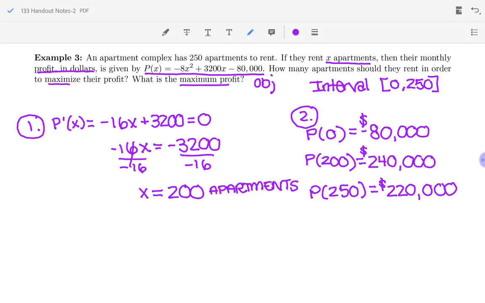So just because they rent out more apartments doesn't mean they make more profit. They would have more revenue, which is how much money you're taking in, but your profit is your revenue minus the cost. So there must be some additional cost that's making it really not worth it. Maybe it puts them in a different tax bracket, so they have way more costs associated to subtract from their bigger revenue. So our answer to this is that they should rent